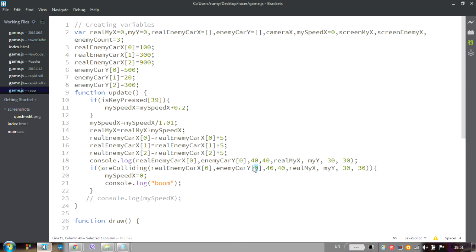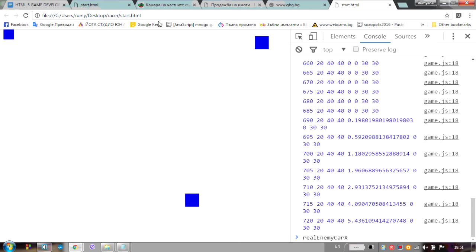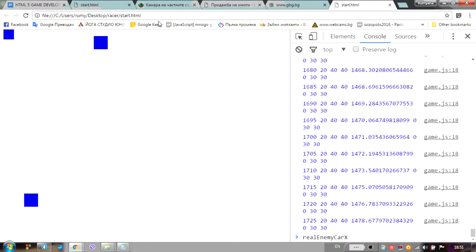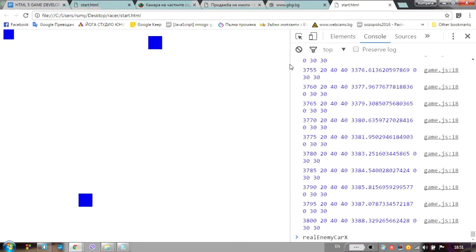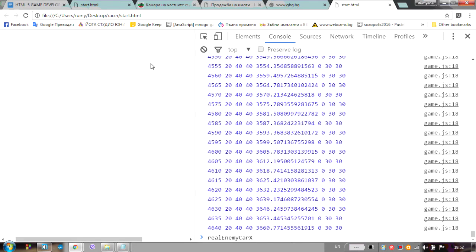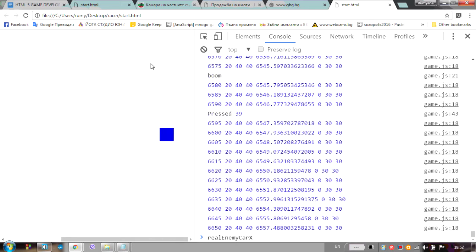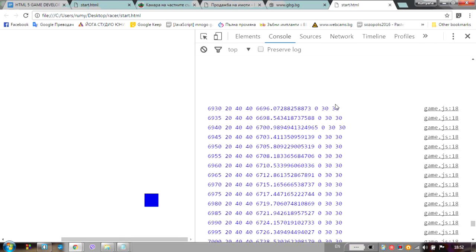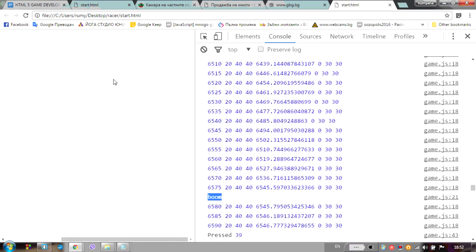If I check for a collision with car 1, I will need to change this, and I will also change them in the console log. I can see that now I am going to have better Ys, and I can also see my cars stopping, and I also can see hopefully a boom printed on a collision. Perhaps, I don't know if this happens. Yeah, I can see this boom for a while. Yay! There was a boom,